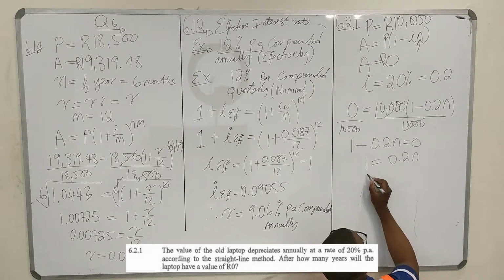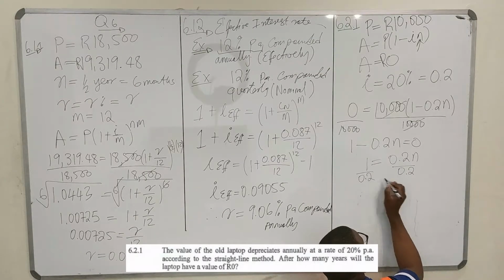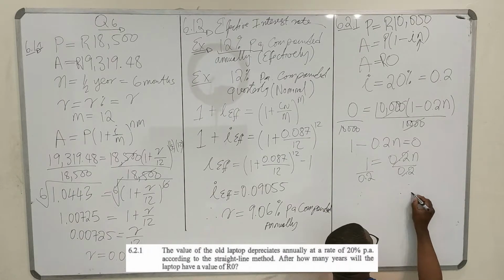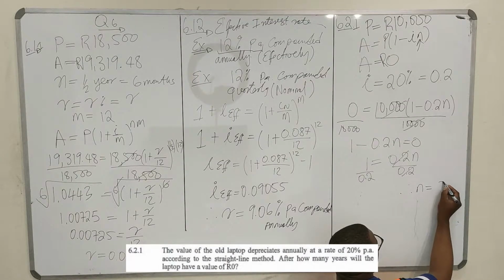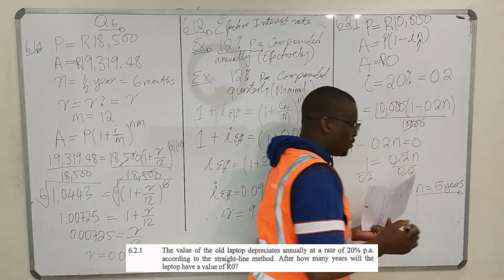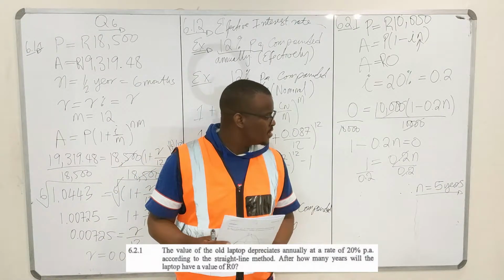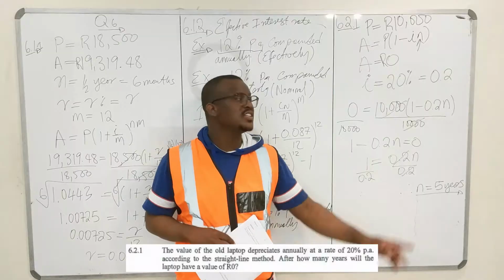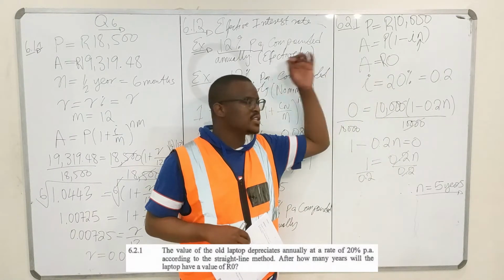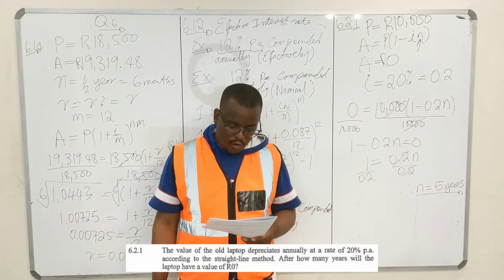Right? So divide by 0.2, divide by 0.2. So 0.2 is like 1 over 5. Therefore, your N is equal to 5 years. So this laptop will take 5 years for its value to depreciate to 0 rands. So this one is pretty much straightforward. So we'll move on to